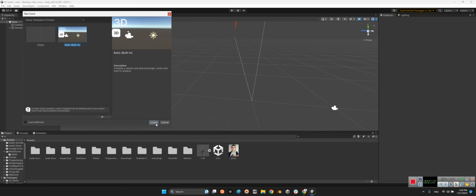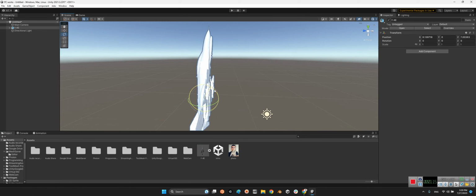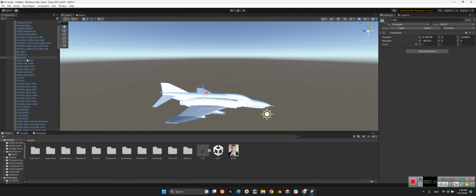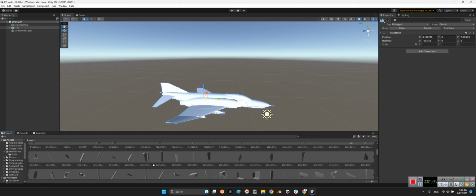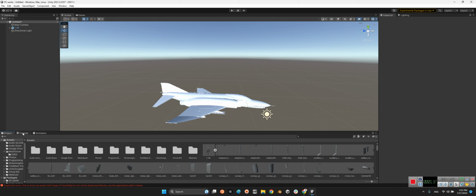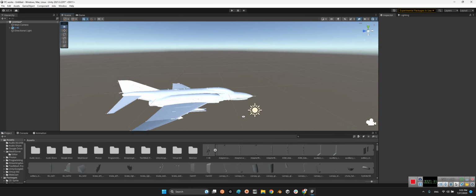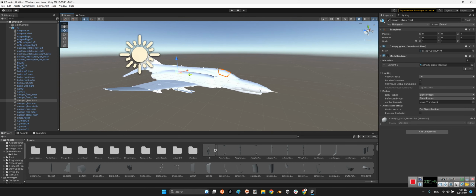Imagine, let me make a new scene here. This is our 3D model, f4e.obj. Okay, this is an aircraft and it has many objects, children of this main object, and look at this, all of them are here. But we can't duplicate, for example, this canopy. I can't duplicate this guy and make a new one. Look at this, it doesn't allow me. For example, I wanna just use this guy in my game